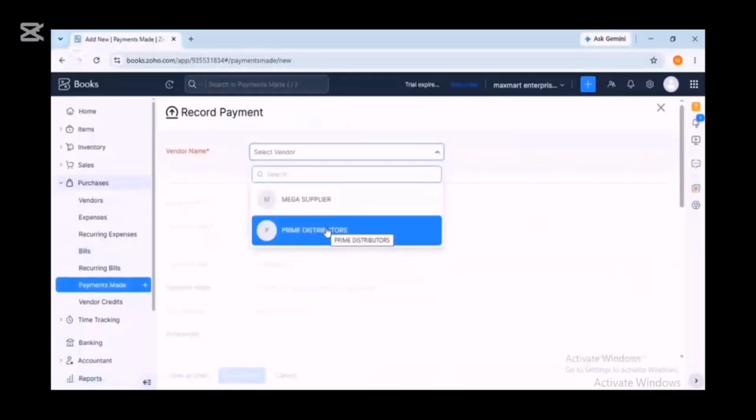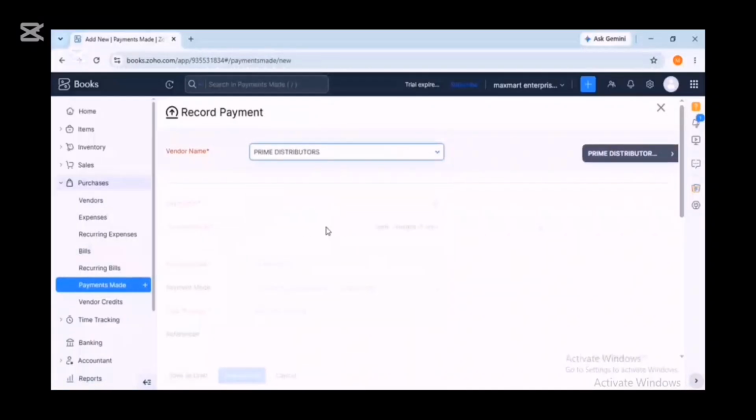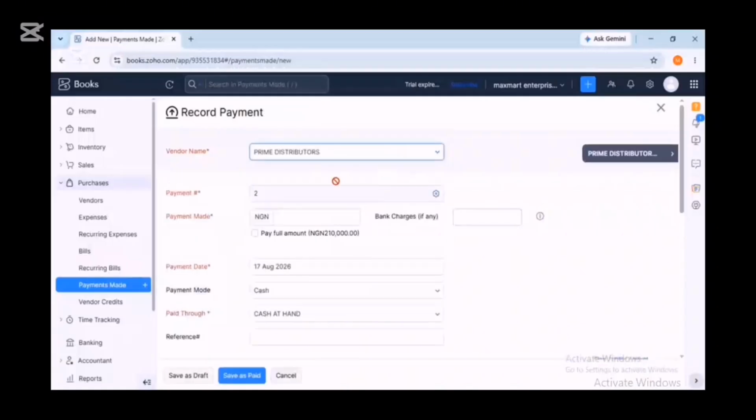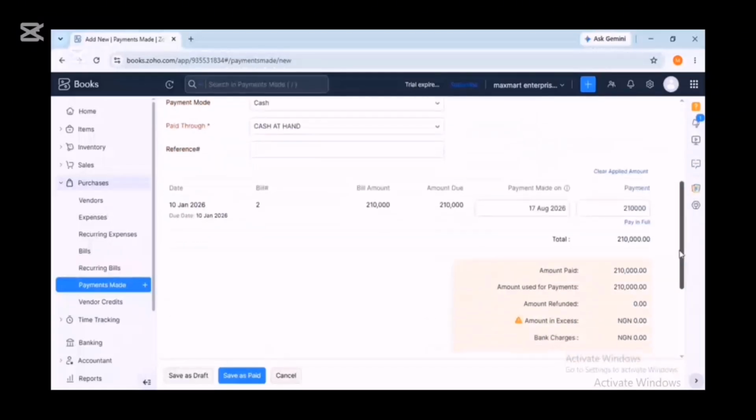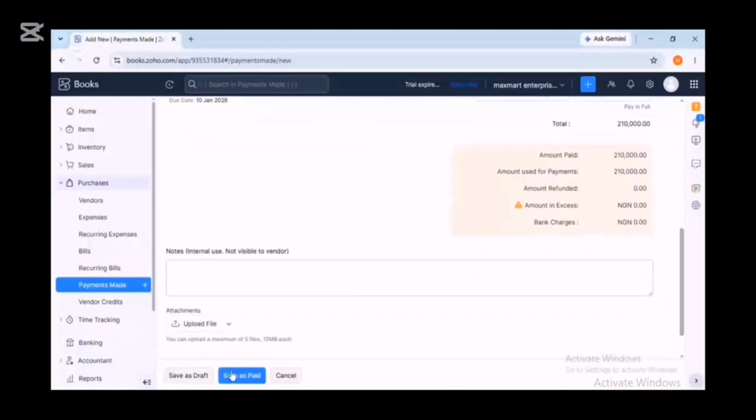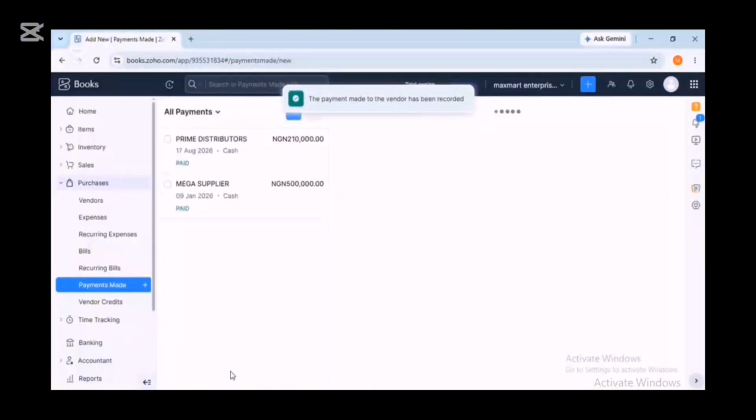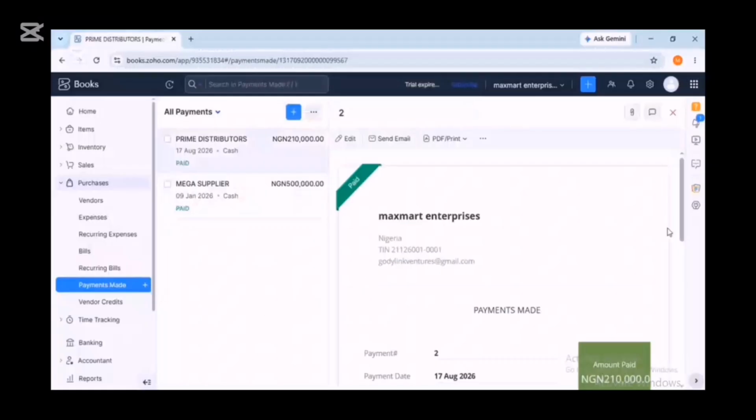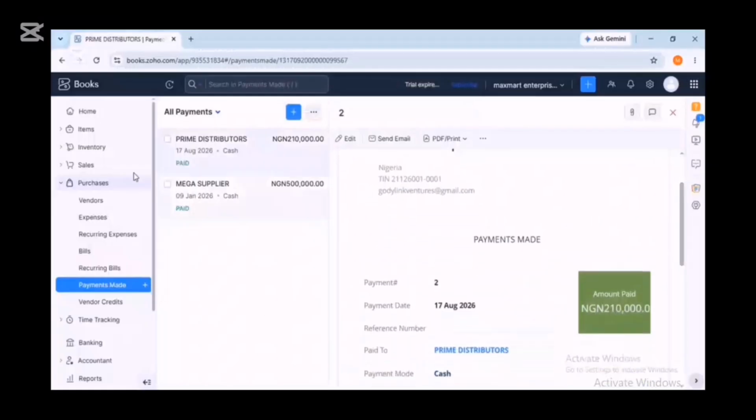Okay, let's pay them one after the other. Prime Distributor comes first. So let's enter the amount. Okay, we paid instantly in full cash, 210,000. But we had to enter the bill first. That's how Zoho works. You enter the bill, then the payment. So that's right. Then for Mega Supplier,